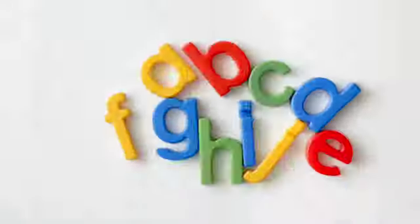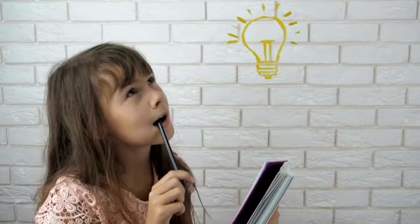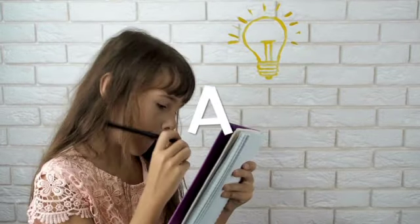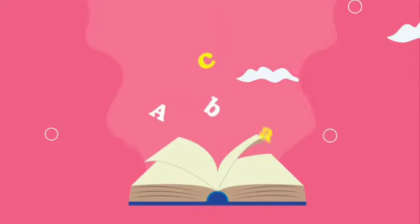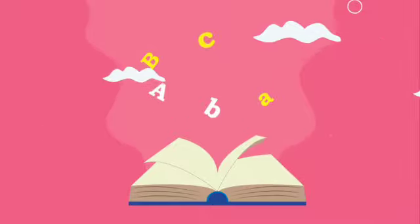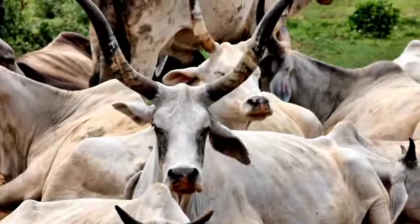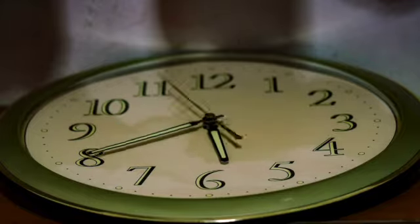Today we're starting with the very first letter of the alphabet. Can you guess what it is? Okay, that was too easy. It's A. But here's something you might not know. The letter A used to look completely different. It started as an ox. Yep, an ox. Let's travel back in time and find out how A became the letter we know and use